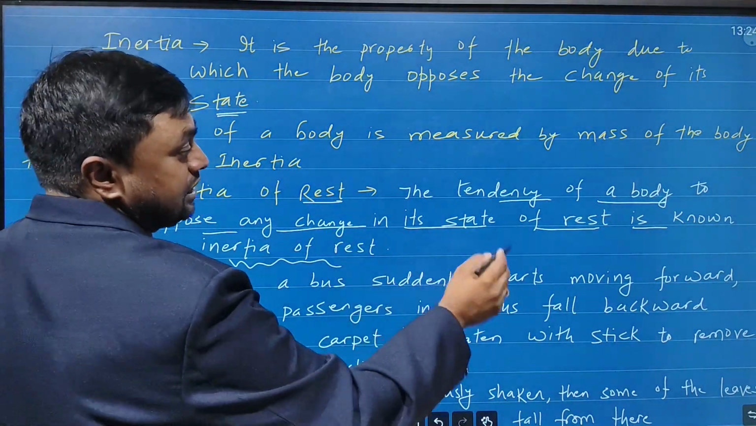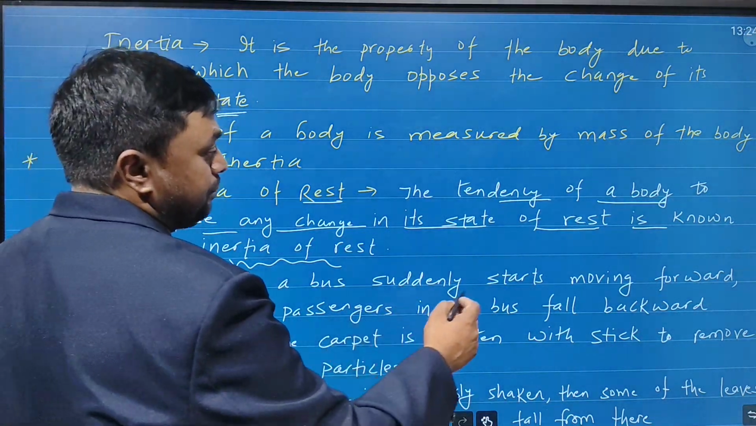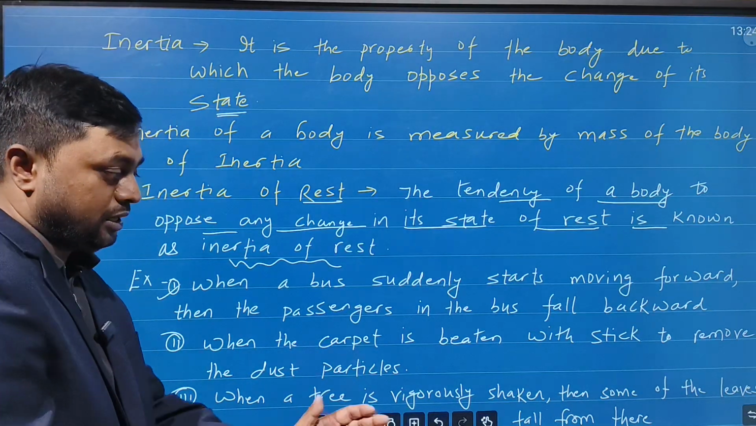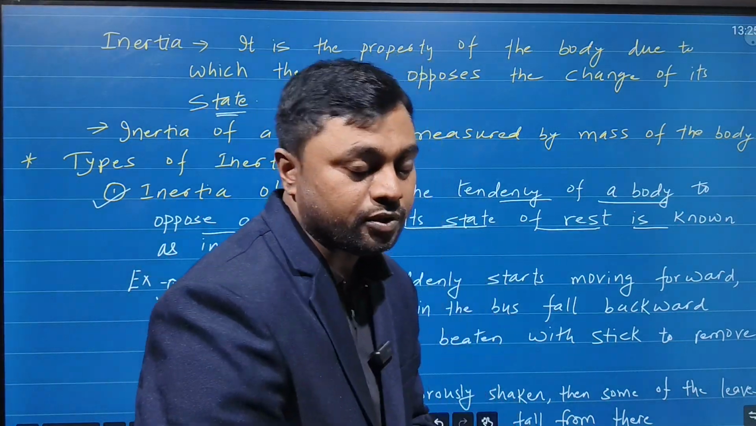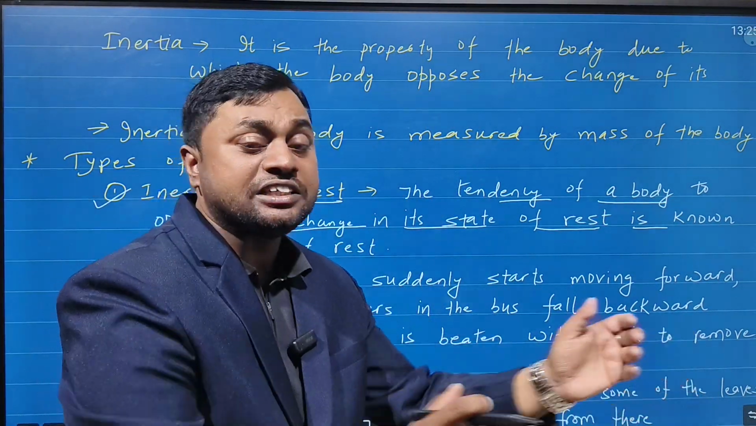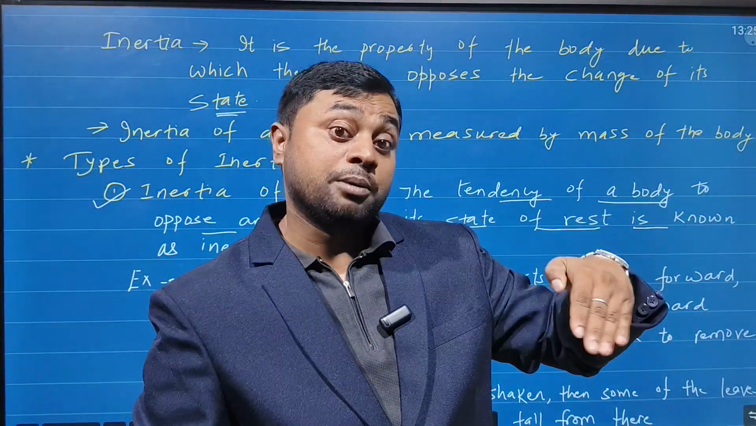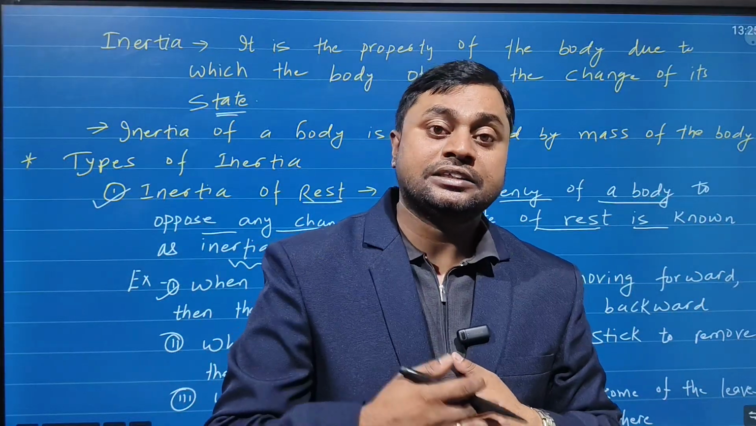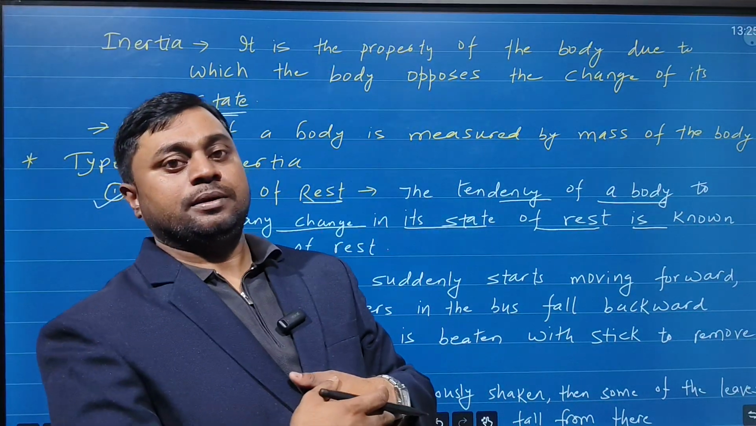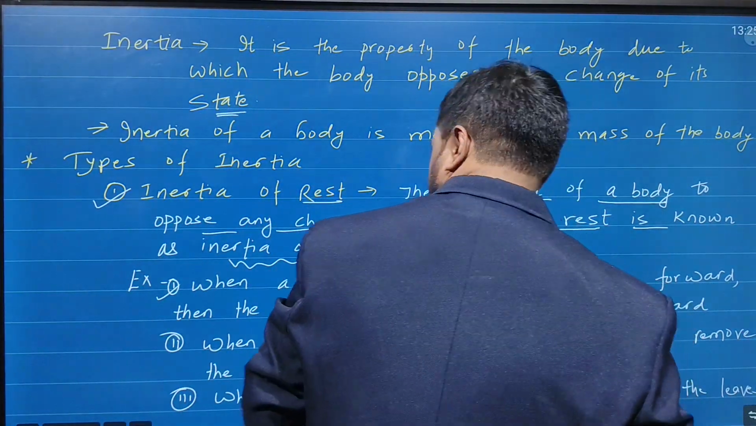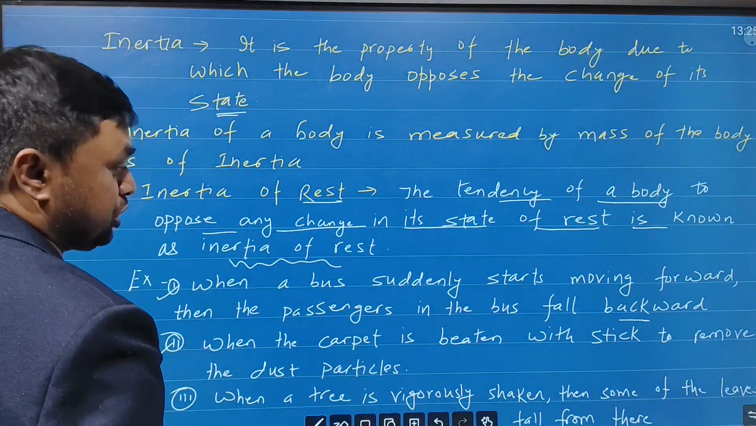When a bus suddenly starts moving forward, the passengers in the bus fall backward. Suppose you are sitting in a bus and the bus suddenly starts. What happens generally? We fall backward. Why? When the bus is at rest, your body is also at rest. When the bus suddenly starts, the bus comes into motion, but our body is still at rest. It has inertia of rest, due to which it falls backward. Similarly, when a carpet is beaten with a stick to remove the dust particles,